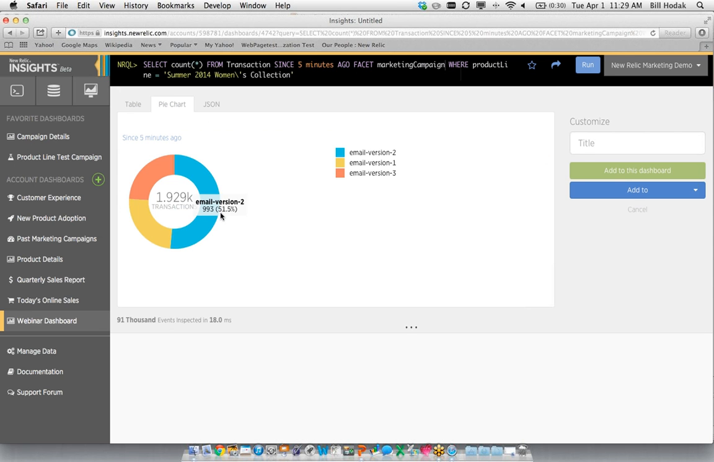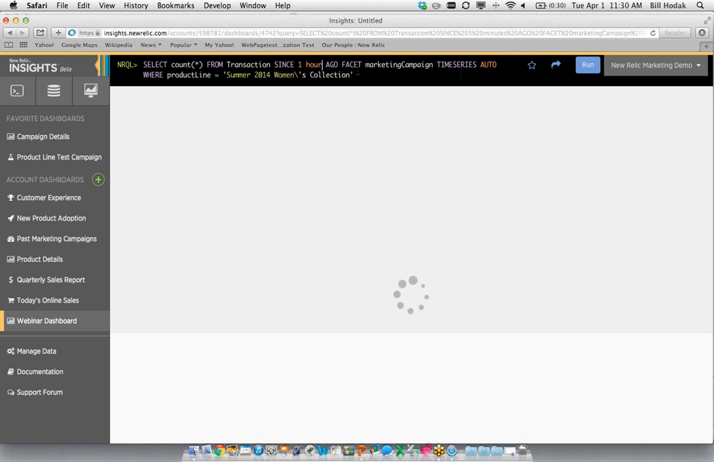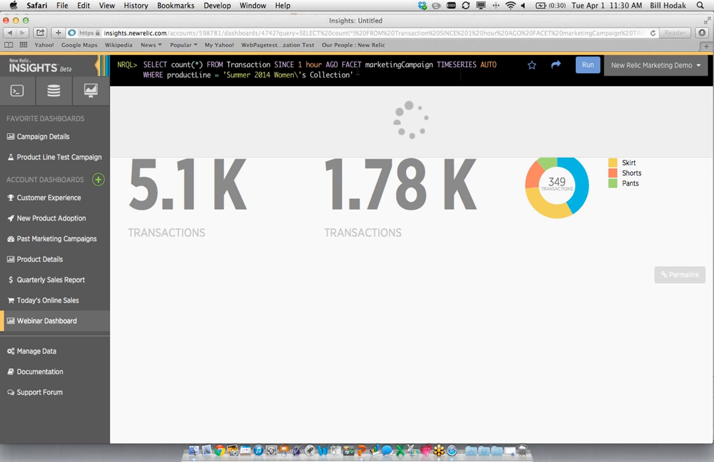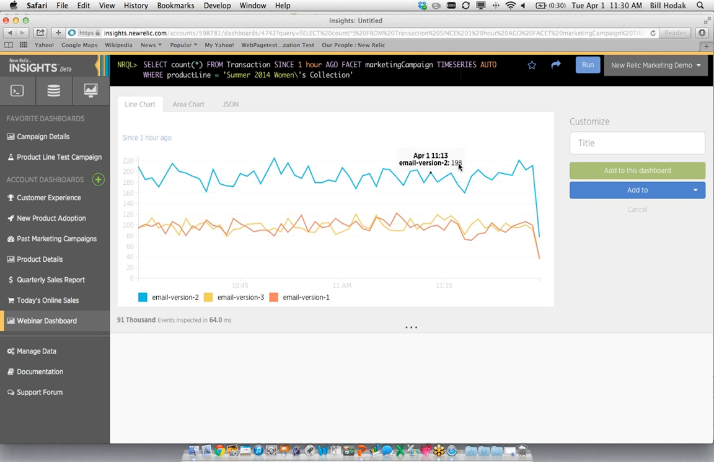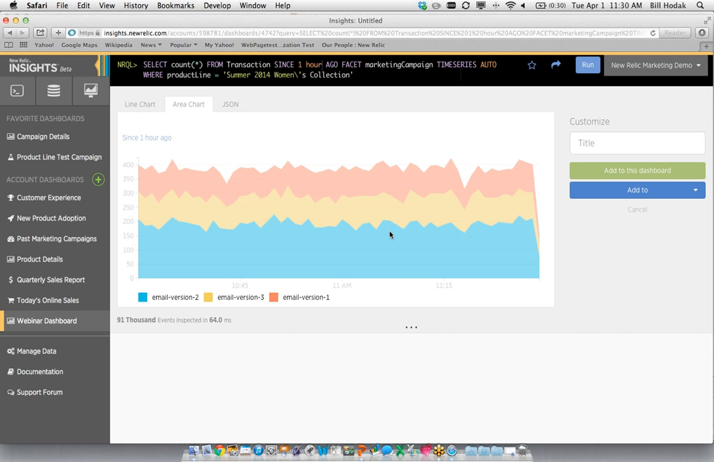I could see that as a pie chart, but I'm running these campaigns over time, and so I'd like to visualize that in a different way. So I'm going to add this time series clause, and I'll let it automatically set up the time series for me. I would like to look at it over a longer period of time than 5 minutes, so I'm going to look at it from 1 hour ago. All right, so now you can see I've got a line chart. My query processed about 90,000 events in 64 milliseconds. I can also view it as an area chart, which is probably going to be a little bit easier for me. But now that I'm looking at this, I'm wondering if maybe 1 hour ago isn't enough time